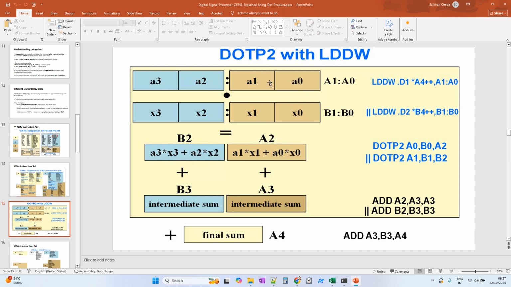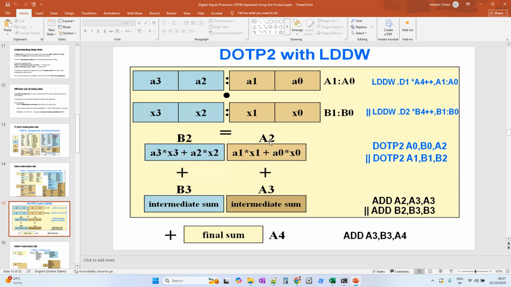So 4 values, 4 16-bit values. This A0 will have two 16-bit values. 16 plus 16, 32. So that is A0. Similarly, A1 will have A2 and A3, two 16-bit values. Similarly, B1 will have X0 and X1, X2 and X3, 16-bit values. Like a dot product, what it will do is A0 into X0, A1 into X1,